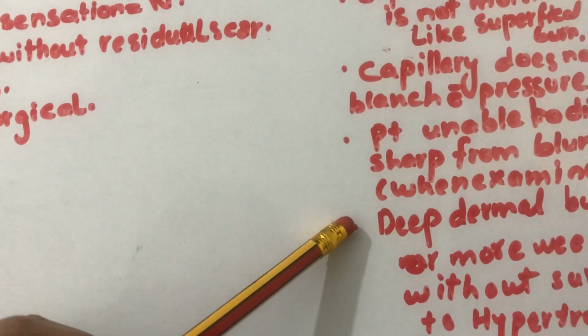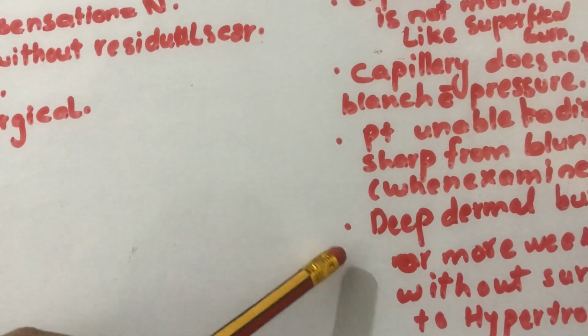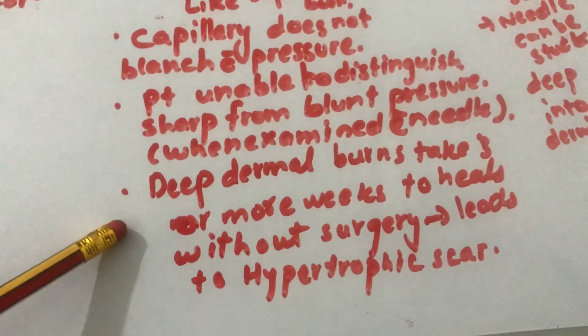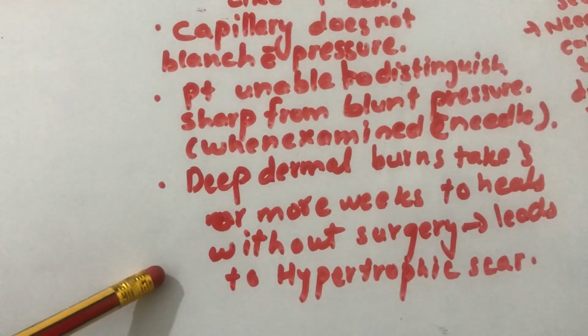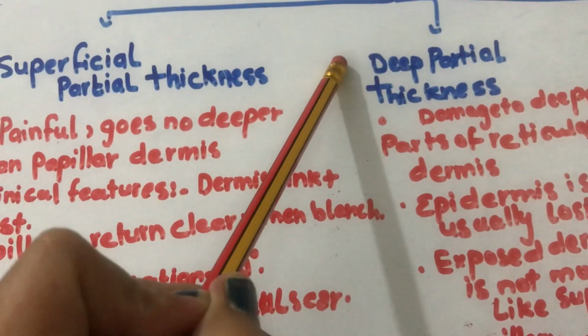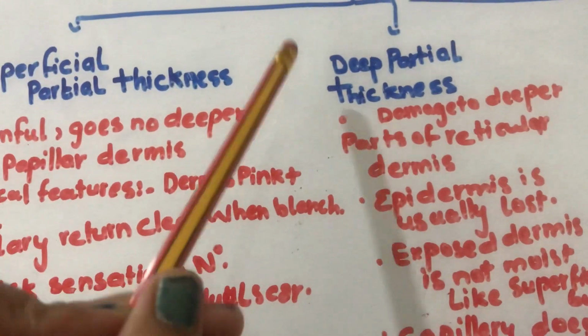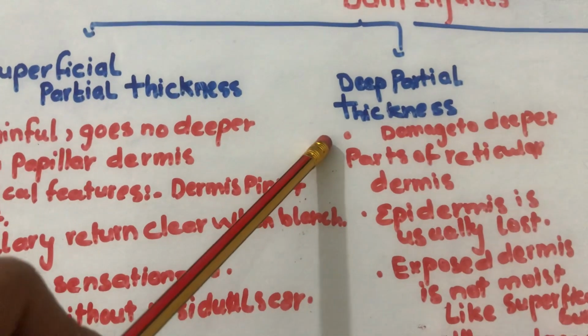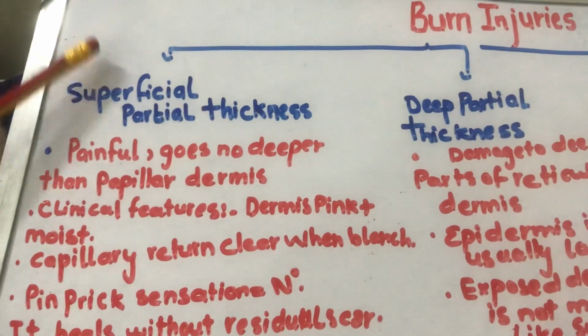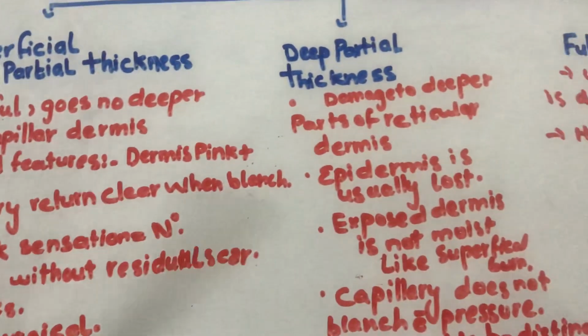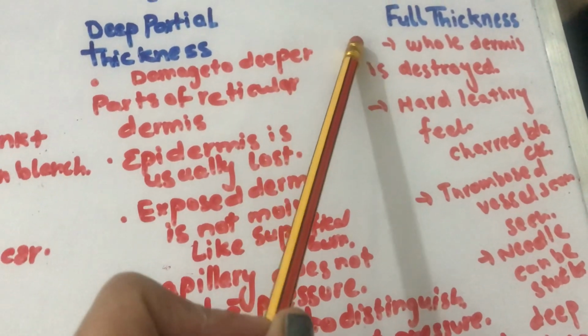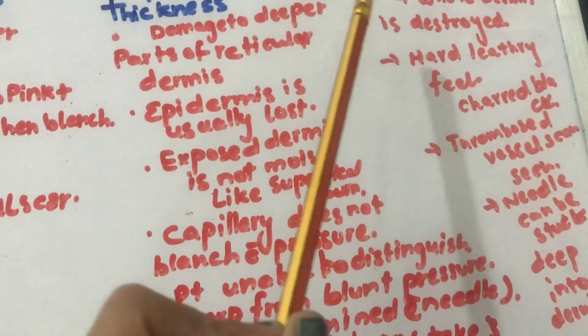Next is the deep dermal burn. It takes more than 2 weeks to heal without surgery, and it leads to hypertrophic scar. And the last one is also known as the second degree burn, and second degree means it involves blisters, and in the first degree burn only the skin is involved, and it is much more painful. And in the full thickness, it means the whole dermis is destroyed, and it is too